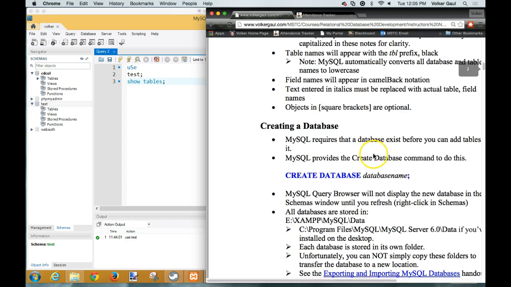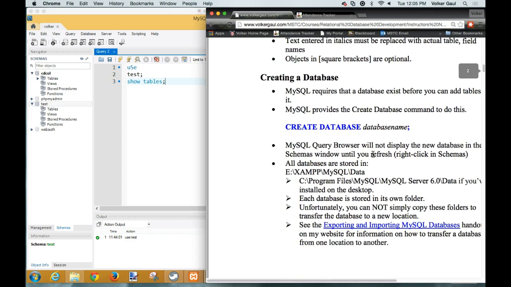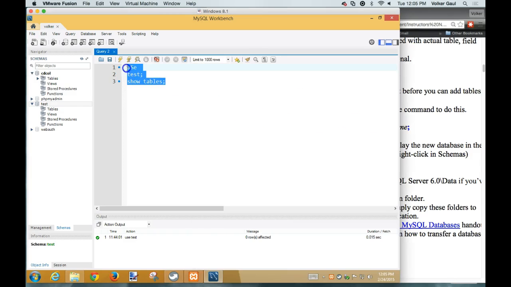All right, so one of the first things we're going to learn to do is create a database, or as MySQL calls it, a schema. Same thing. There is a create schema command as well. You can use either one. I tend to go with database. So if we wanted to create our own database, we would simply say, and you can follow along if you wish,